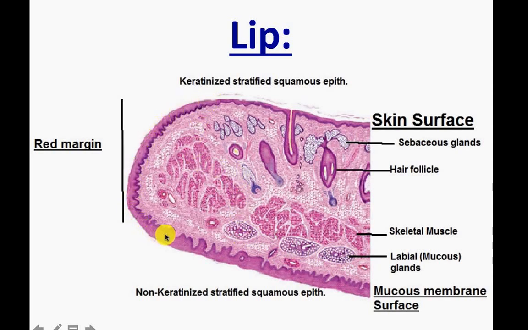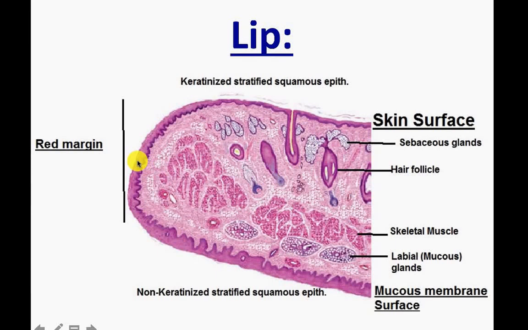And at the border we have the red margin, which is called vermilion, and it is characterized by having deep papillae. Deep papillae, as you see here, the projections of the connective tissue underneath the epithelium are called papillae. Here they are very deep and very numerous, and the stratified squamous epithelium here is thin, but it is not provided with hair follicles, no sebaceous, no sweat glands. But on the other side, it is characterized by having a transparent epithelium that shows the color of the underneath